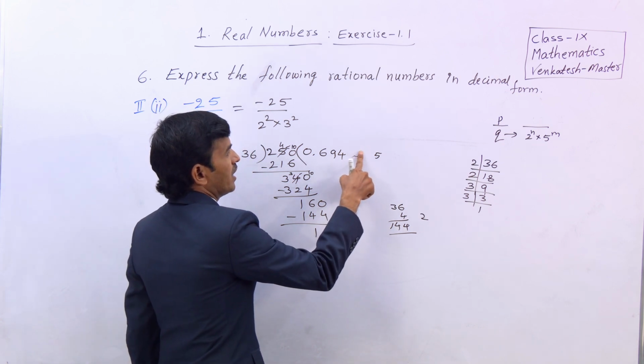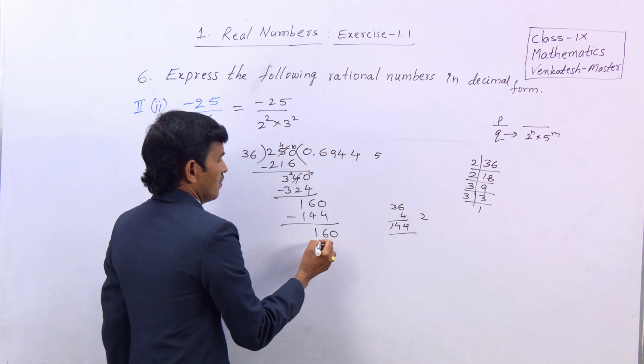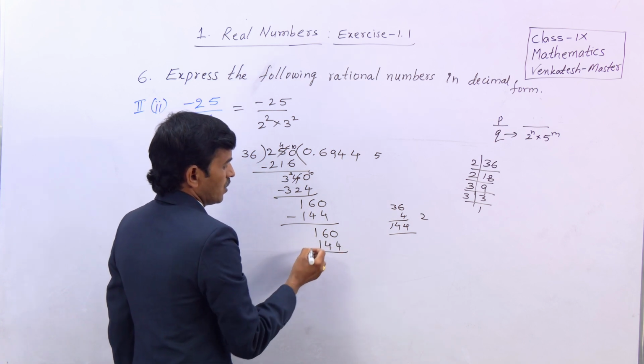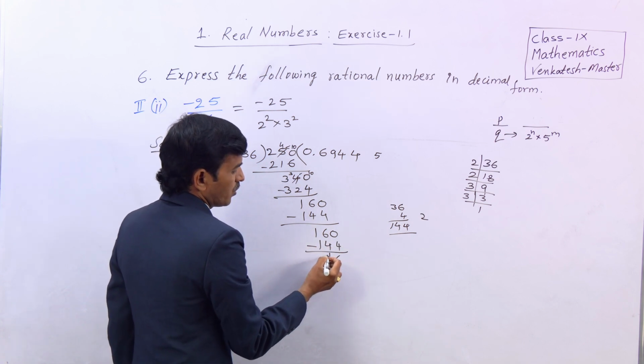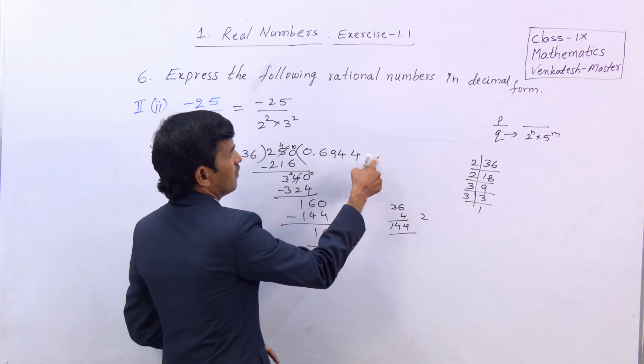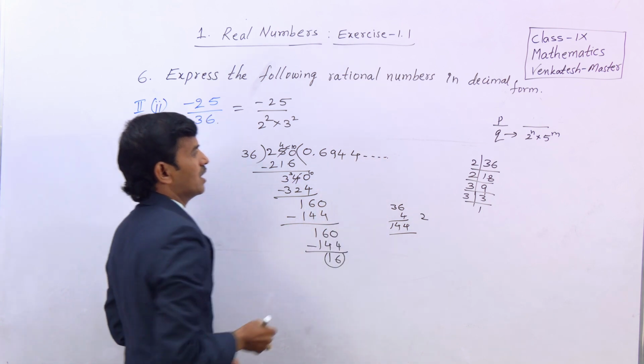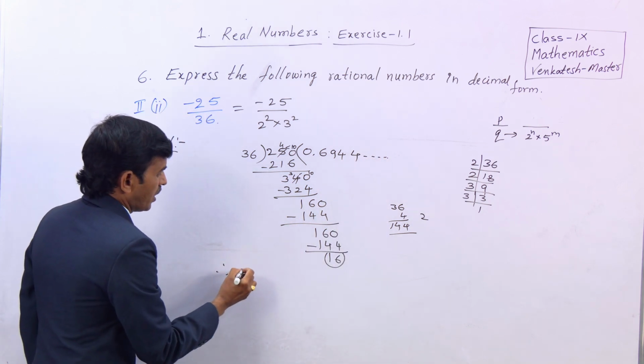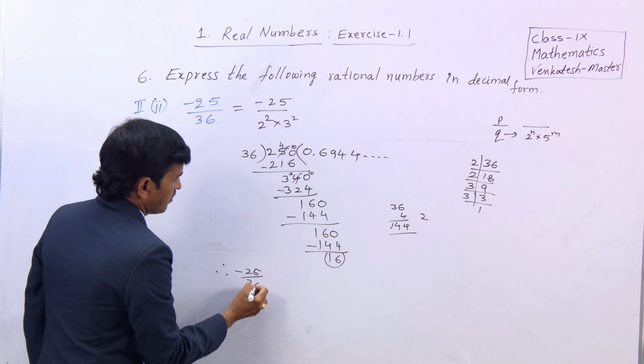Again 4 times we can write here. So that is 144. So in every case, what is the remainder you are going to get? So as 16 is left over, we will get 4 repeatedly in the question. Therefore, minus 25 by 36 can be written as